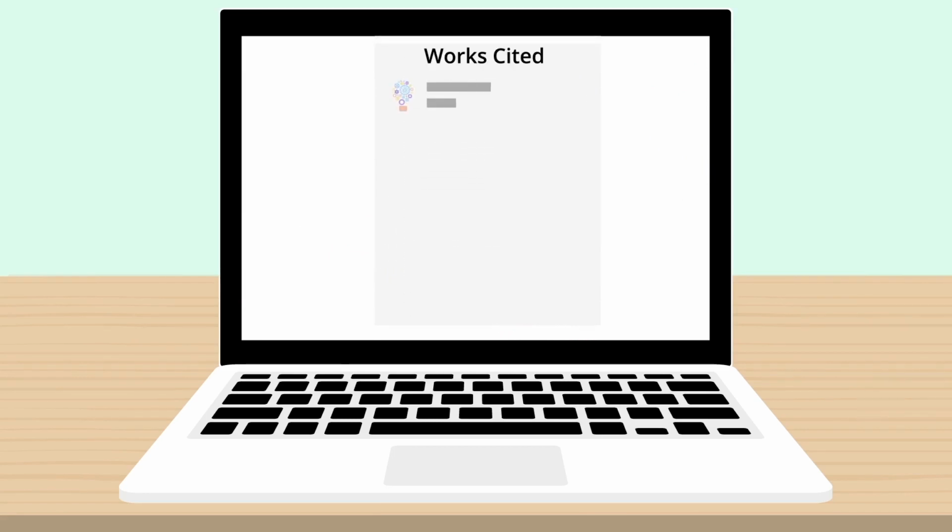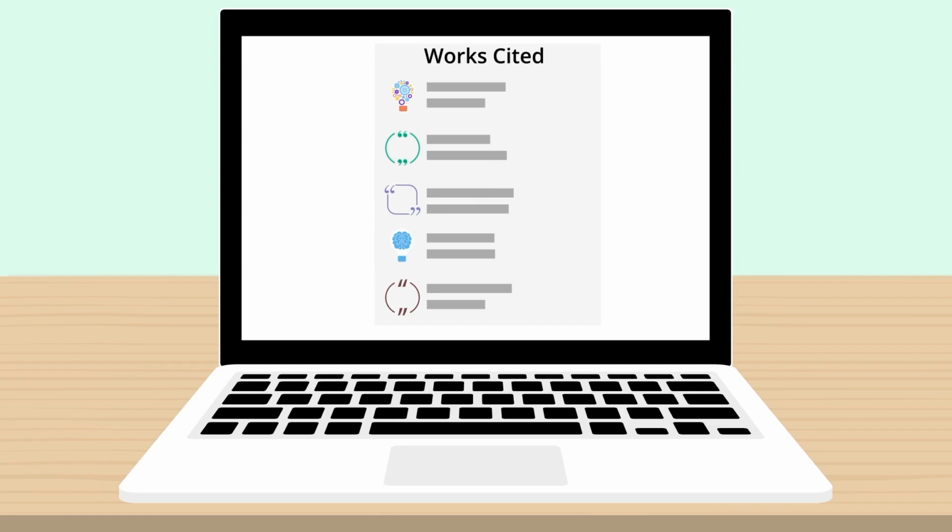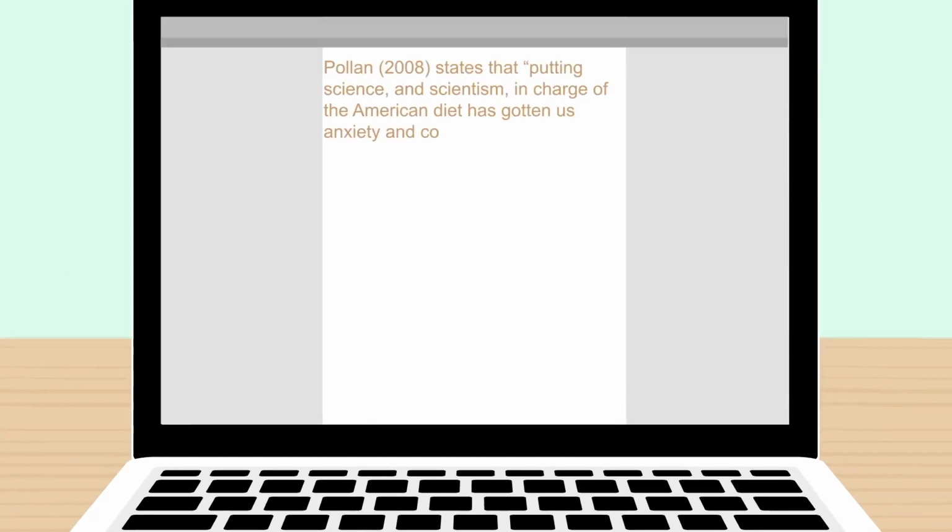The best way to avoid plagiarism is to cite anything you quote, paraphrase, summarize, or refer to in your paper. When you quote a passage word for word, you must use quotation marks around the phrases that are not your own. You also must provide the author's name, the year, and the page number. There are multiple ways to incorporate this information in the quote. Using signal phrases such as according to or the author notes can help you easily transition from quotes to your